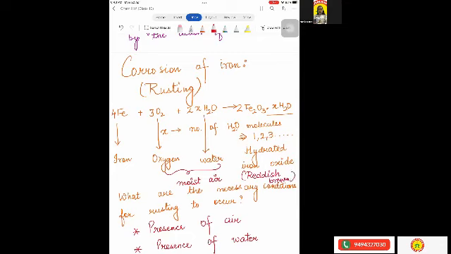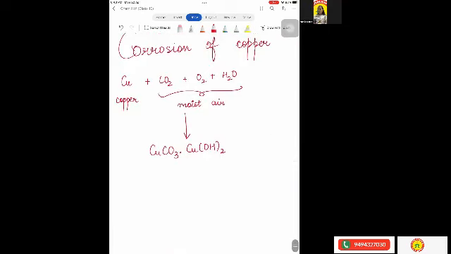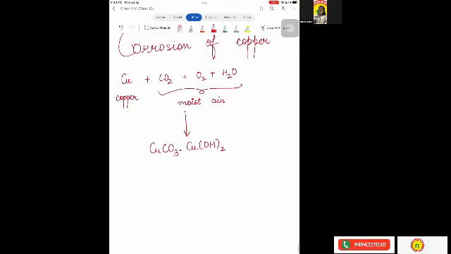because the color is many times asked: on keeping iron exposed to moisture for a long time, it develops a reddish brown coating. What is that reddish brown coating? In that case, you have to mention the reaction of corrosion of iron. Then the name of this product formed is